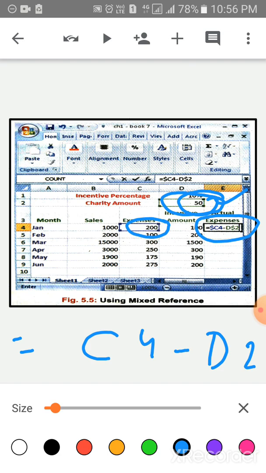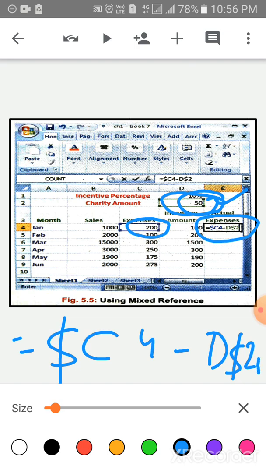So type the dollar sign before the C, before the column. C column. And here minus D and then the dollar sign before the row number.